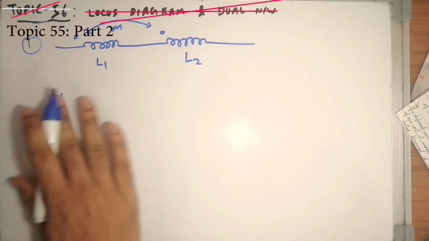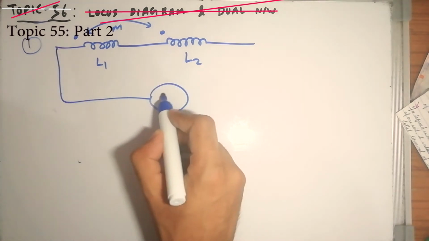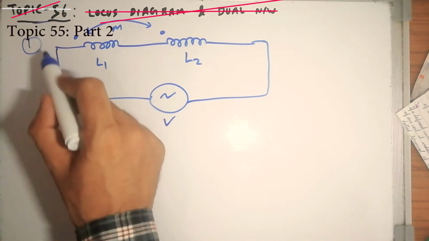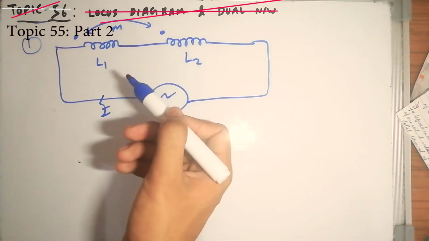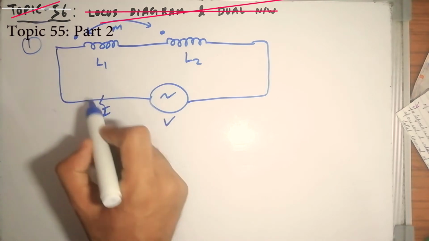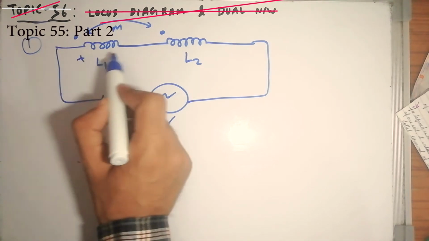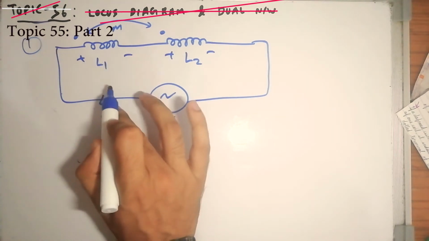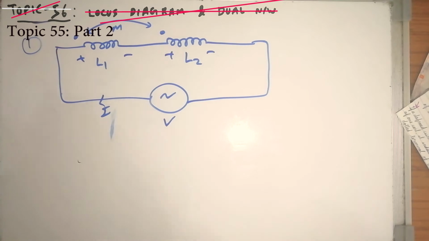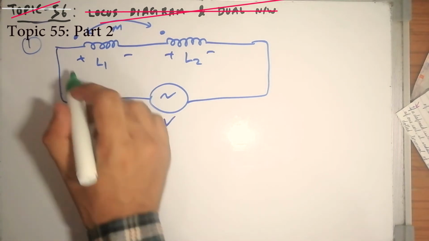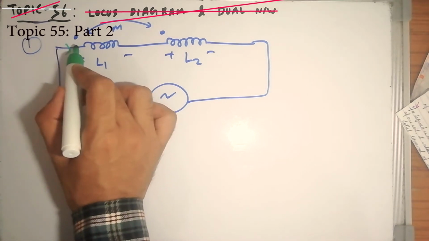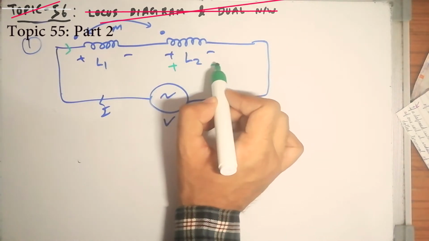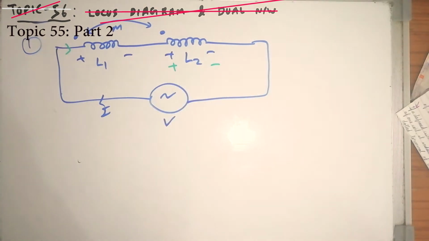One standard way is to apply a voltage source V, and there is a current. Then you write down the polarities. The self-induced EMF polarities will be plus minus due to the current I only, and for the mutually induced EMF, the current is entering the dotted terminal, so it will induce the positive polarity in the dotted terminal of the other, so it will be like this.